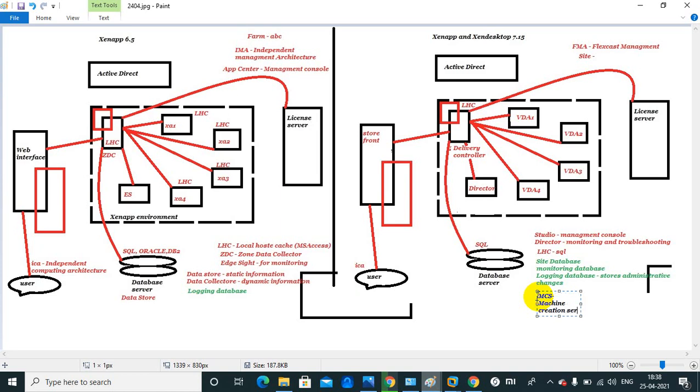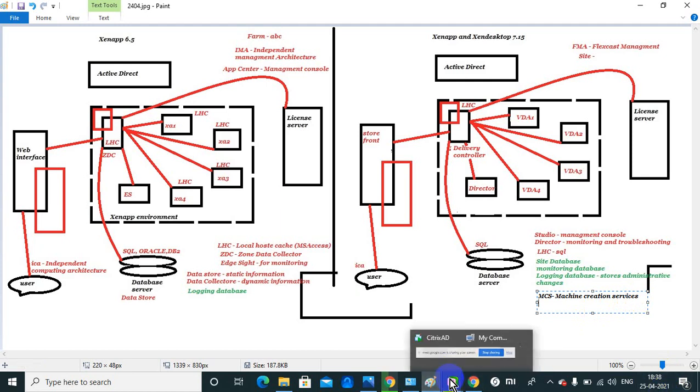Arvind, sorry to interrupt you. If I am using a 6.5 XenApp environment, we can create all the other servers manually, right? Part of ZDC also, you need to create manually.